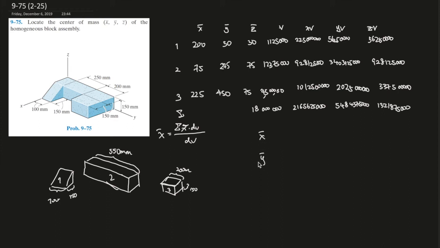Well, hopefully you've been using a calculator along the way, or you can just copy down whatever I just said, because this is really a simple question. You don't have to use your brain that much, to be honest. I don't think they require much math. But yeah, so this is the sum, right? So this number over here is the sum of the x bar times dV. So now we just have to divide by the dV, which we calculated over here, which is 18 million. That should give you